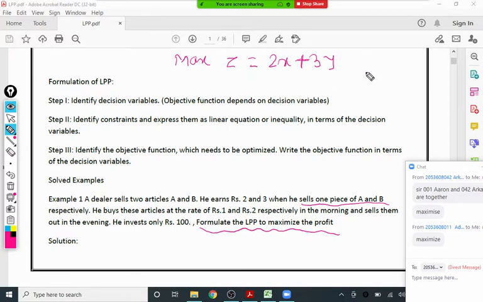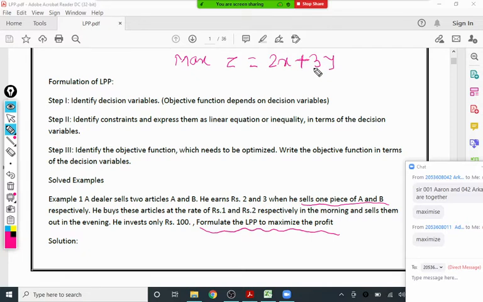Now suppose there is no condition on this X and Y. So obviously what should be the values of X and Y without constraint to get a maximum value of Z? The values of X and Y will be as large as possible, because there is no condition on X and Y. If we want the maximum value of Z, say X is a very large number and Y is again a very large number, up to infinity, then Z is infinity, so the profit will be infinity.